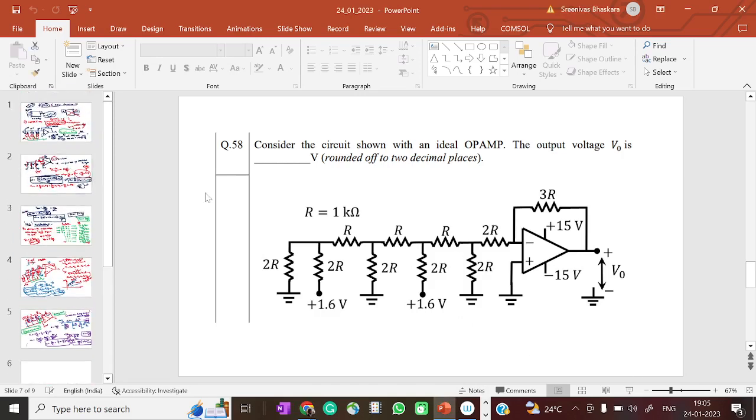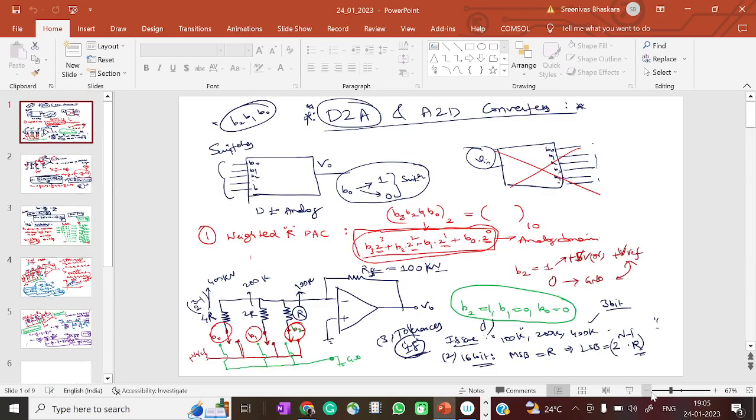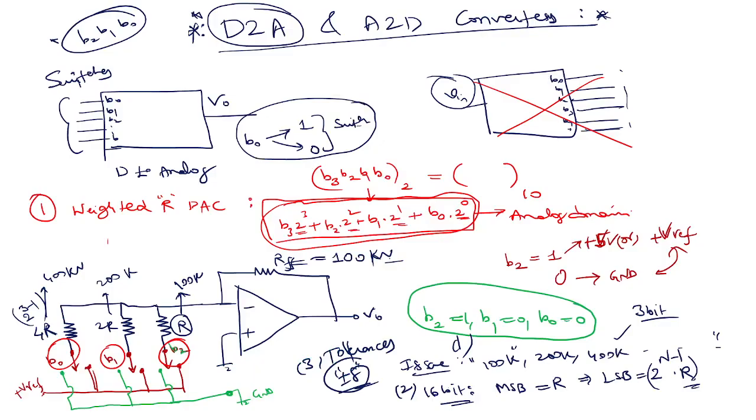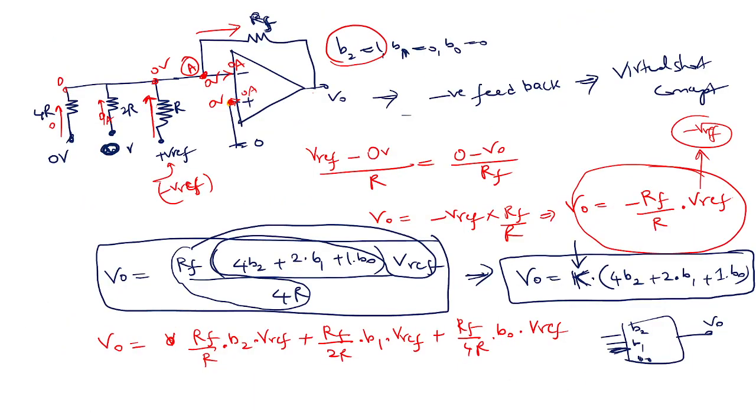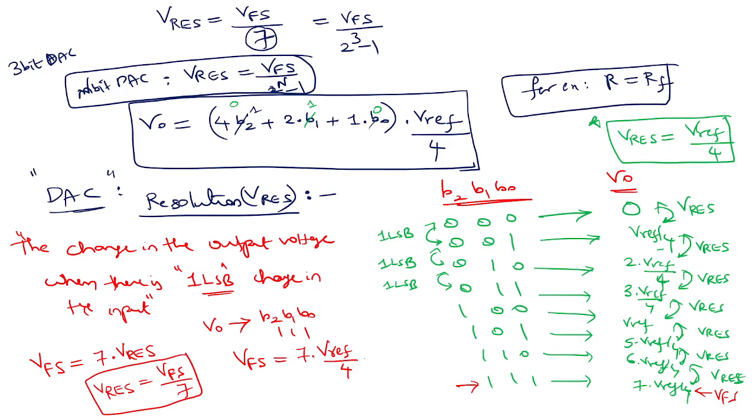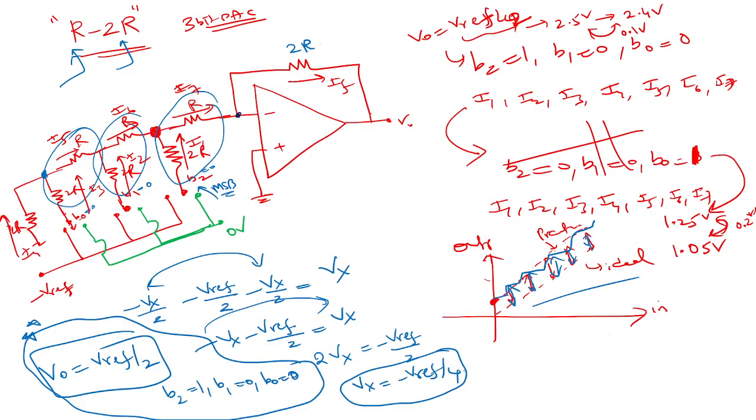Okay, all right. So last week we briefly saw what D2A converters are, and we saw a lot of problems and issues related to weighted R2R. Then we went to ladder type ADC or staircase type ADC. So now let's take up